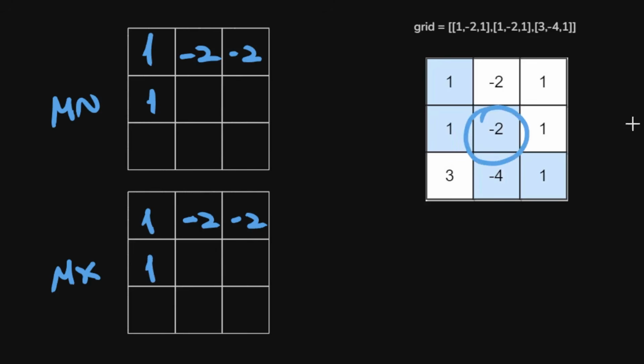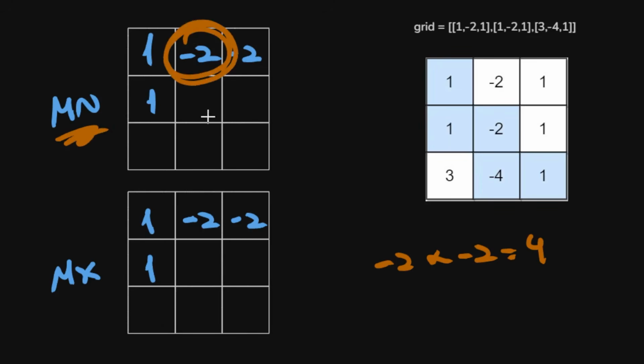Next, we are here. If we are standing here, this means that there are 2 possible paths. We could come from above or from the left. If we come from above, regarding the minimum accumulated product, we have a minus 2. And this times the current number, minus 2, is equal to 4. Now, here we are taking the minimum accumulated product at this point, but we could have a different maximum accumulated product here. So we also need to consider minus 2, meaning this maximum accumulated product times the current number,